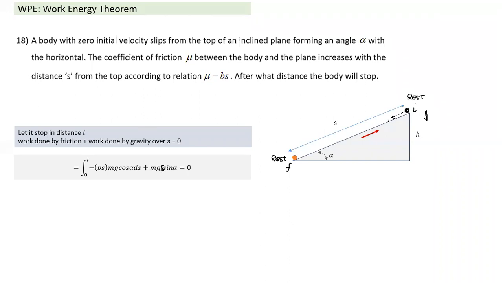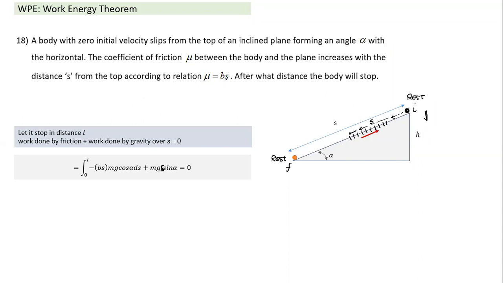Now, when we come to the frictional force, it is changing with s. And when it is changing with s, what do we need to do? We need to take the work done over a small length. What is the work done over a small length? Displacement is happening in this direction and the friction force is acting in the opposite direction. So we need to write, for some random distance s from here,